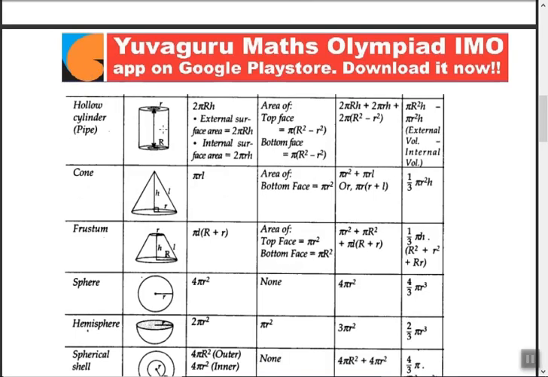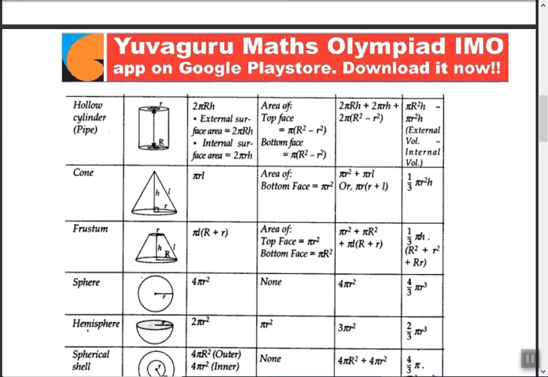Hollow cylinder, that is a pipe. Now this pipe consists of two radii. One is the outer radius, the other is the inner radius. Hollow means this is hollow from inside. Water flows through this, and it has some thickness. So that's small r and capital R. External surface area is 2 pi capital R into h. Internal surface area is 2 pi small r into h. 2 pi is common, only r changes.